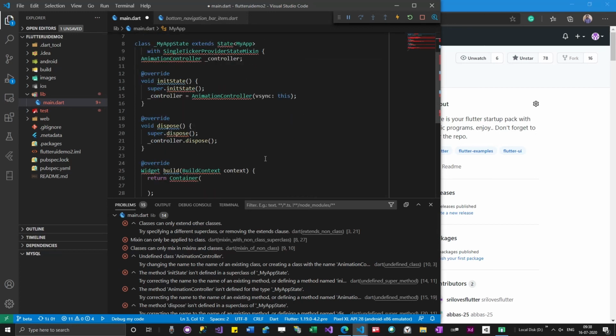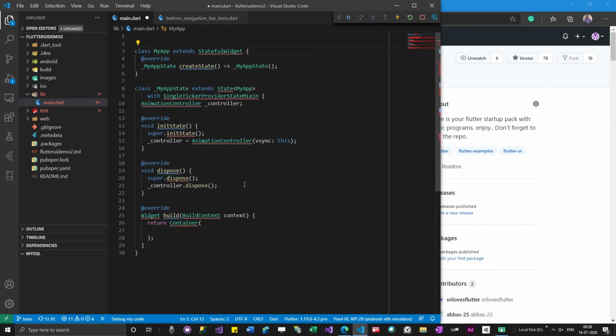But this code population gives a lot of code which we don't know anything about. What is this init? We don't know. What is this dispose? We don't know. What is this build method? We don't know. This is common across multiple apps. Any app you design, you need this type of code.